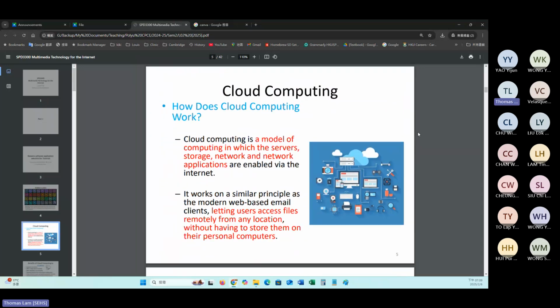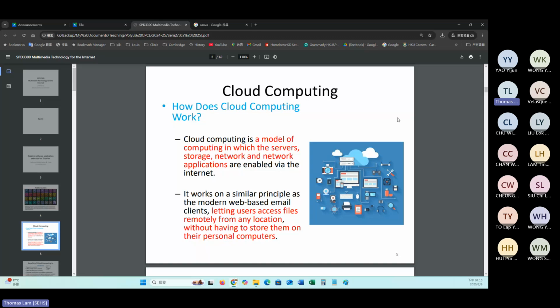Okay, let's take a look at one important factor that changes our choice, which is cloud computing. Again, cloud computing nowadays is really mature in terms of the speed, the functions, and the stability.